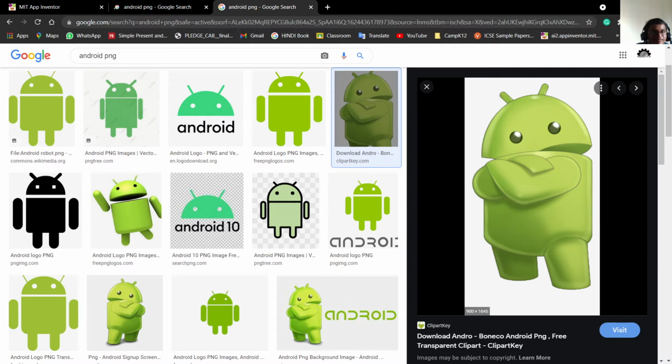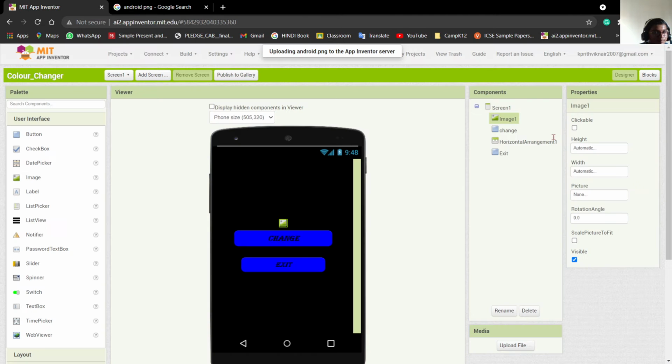Click on this media, click on choose file, click on the image which you have saved and click OK. Now the image is in App Inventor.